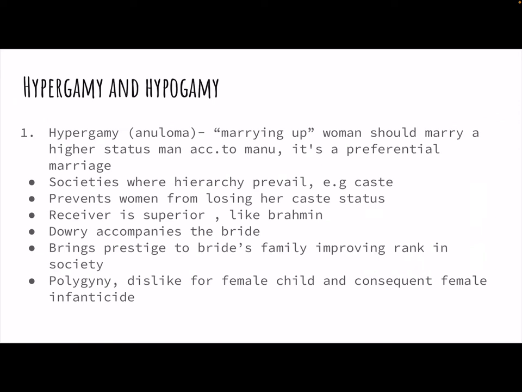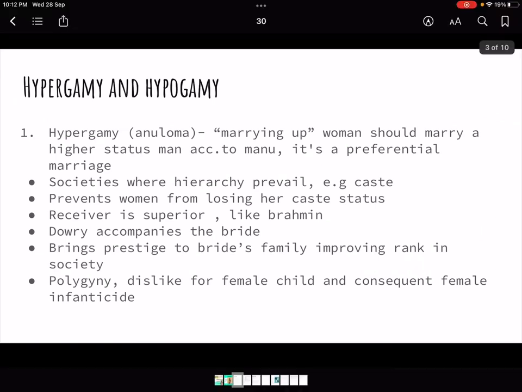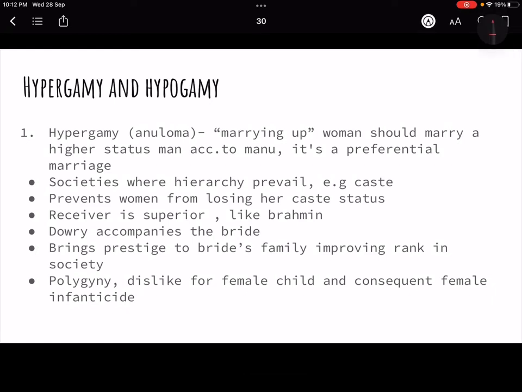Today we'll do some important terms related to marriage. First is hypergamy and hypogamy. In the ancient Manu, these two terms have been mentioned as anulom and pratilom. Anulom, or hypergamy, where gamy is marriage, would mean marrying up, that